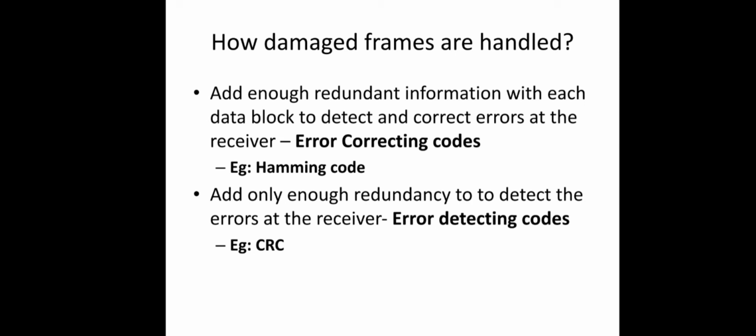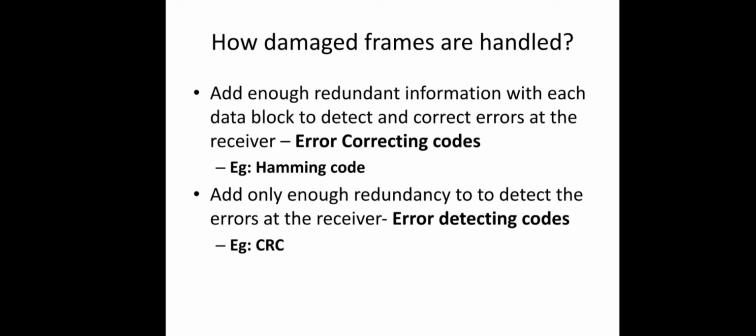So where are these types of methods actually used? The first case, error correcting code. These methods can be used if the channel is very noisy. For example, if you are using wireless networks, a lot of errors will always be there, right? In that case, it will be better to add some extra, redundant information to detect and correct errors at the data link layer. Otherwise, we will request data retransmission. Again, there will be errors introduced in the channel, and a lot of time will be spent on retransmission.